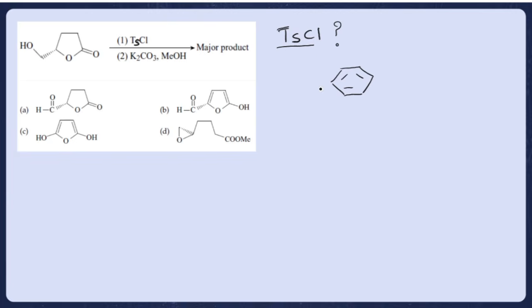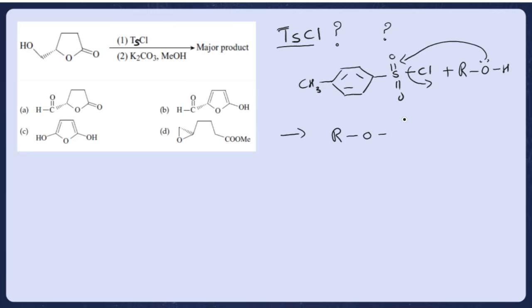Then, what is the structure of tosyl chloride? Very easy to remember. The T refers to toluene, that is methyl benzene. The S refers to the sulphonyl, and the chlorine is directly attached to it. That's why we call this toluene sulphonyl chloride. What is the use of this tosyl chloride? It is used to react with an alcohol, then it will undergo a substitution reaction and it will form a